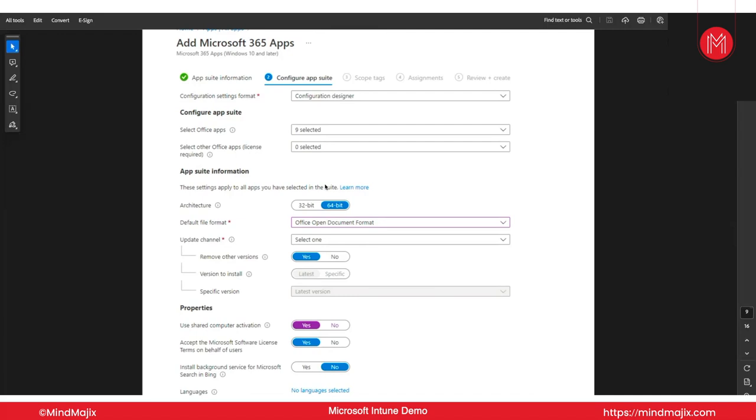Then you have to select how the license is assigned, whether it's a computer used by a single user or multiple users. That is where you select use shared computer activation. Basically, if the device is used by multiple people, it will use shared computer activation so that a single Office application is used successfully by multiple users. Then the next option is accept Microsoft terms. If you click yes, it will accept the terms on your behalf. If you click no, it will prompt the user to accept the